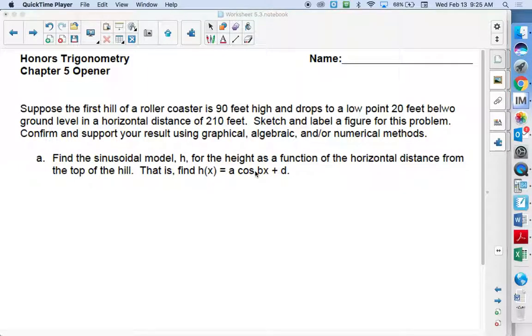Sketch and label a figure for this problem. Confirm and support your result algebraically, and/or using numerical methods. So,